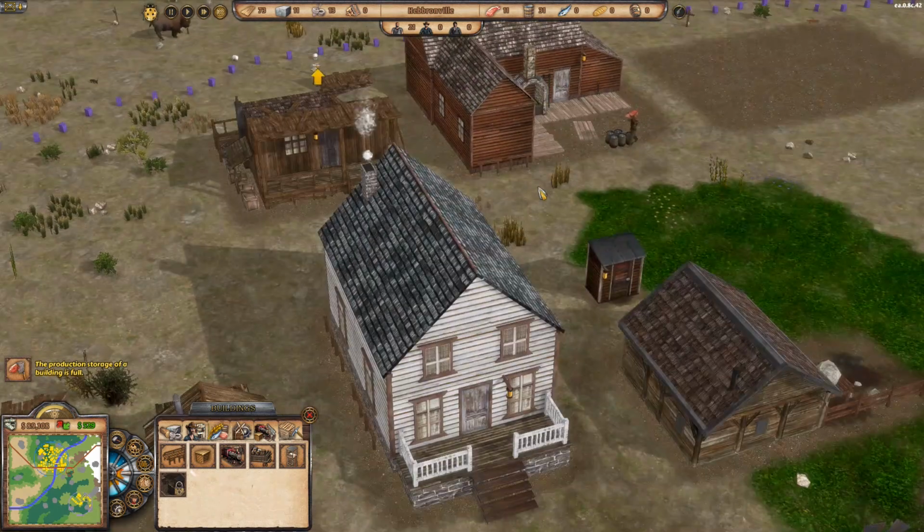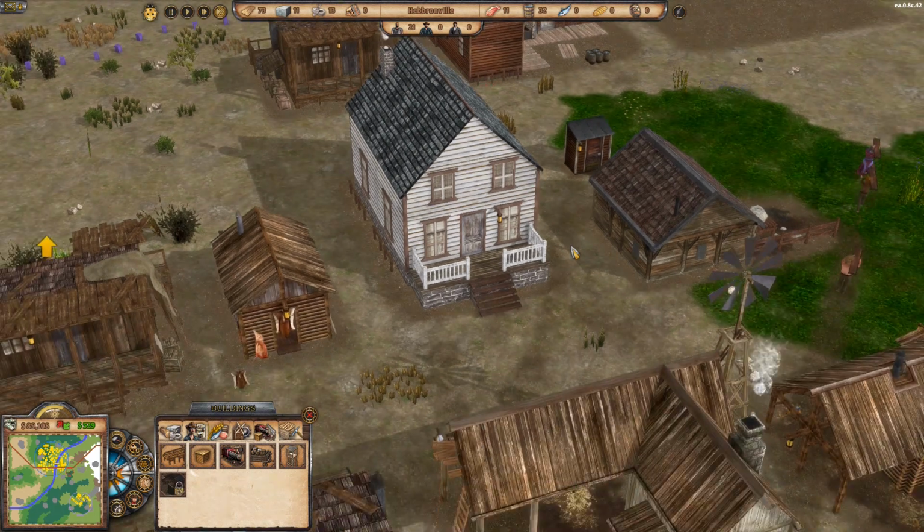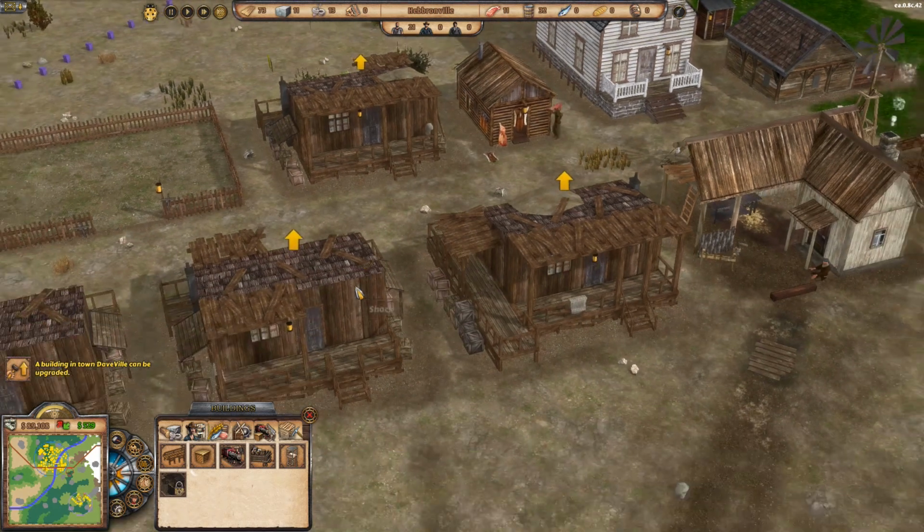We'll get the trading between Hebronville and Daveville established, put some more foresters up, grow some more trees, kill some more livestock now that they breed, and maybe figure out how the butcher works. But we'll deal with that in the next